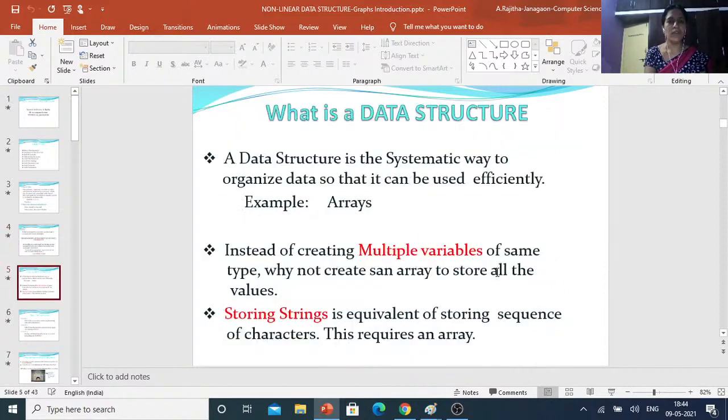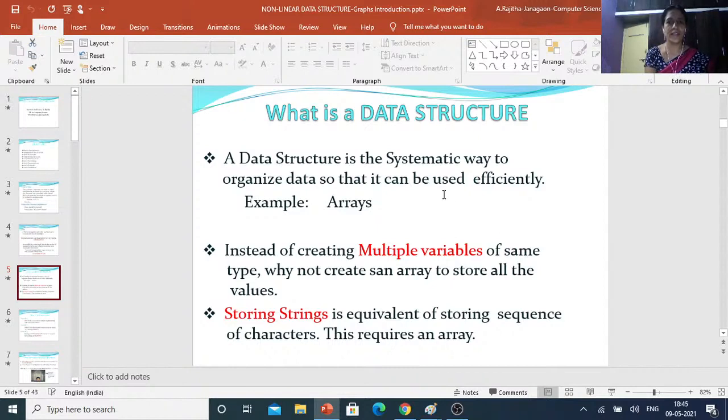Now, what is a data structure? Just now I told you that information is nothing but processed data. For providing this processed data, an appropriate way is required, and for that we need a data structure.